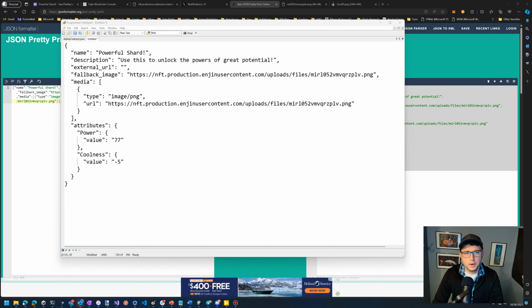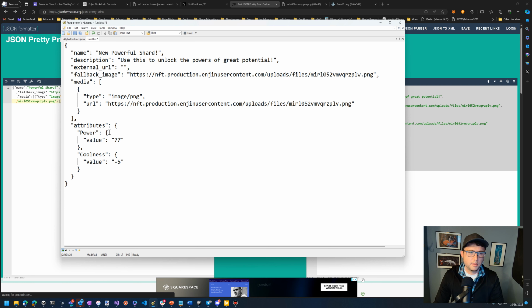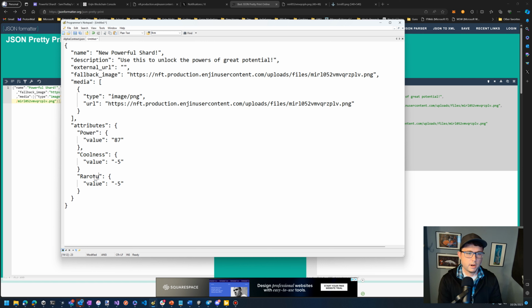Okay, so now we can go ahead and change anything that we want in this JSON to make it new. So I'm going to go ahead and change the name. Say it's the new powerful shard, and it now has 87 power, and let's say it now has a new attribute called rarity,